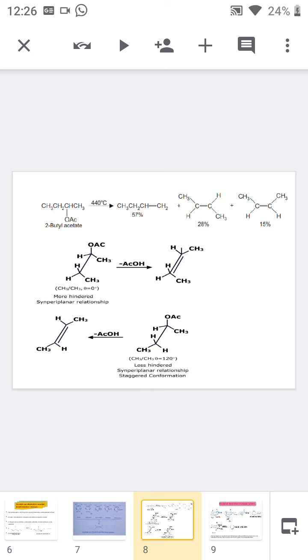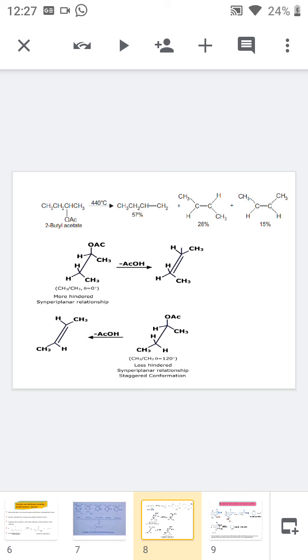Okay. So if we take the methyl groups on the same side, and then we eliminate the hydrogen and OAc in the axial position. Since we are doing the syn elimination reaction, we can eliminate the hydrogen and OAc on the axial position. So we will get an alkene in which the methyl groups are on the same side, that is, the Z isomer is obtained.